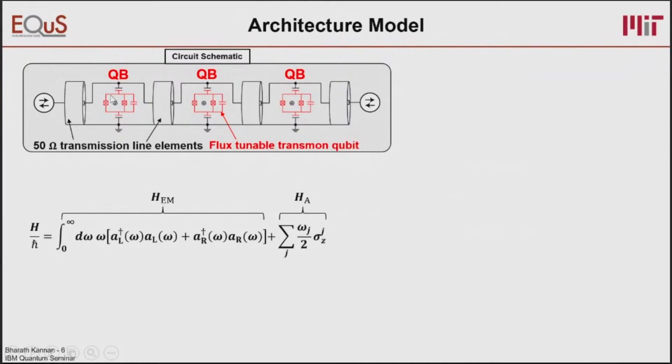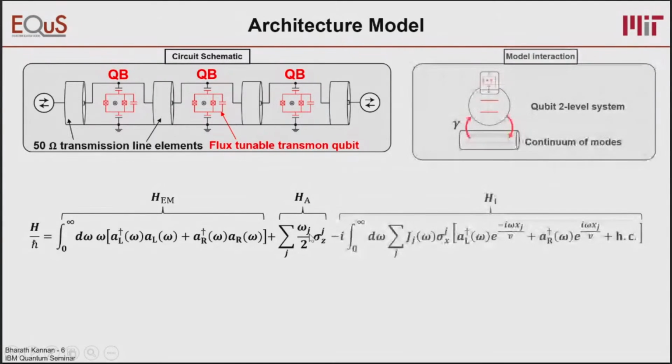And we note that, because this is a transmission line that's open on both ends, we have both left and right propagating photons, and it's a continuum of modes, which is why we have this integral, and then we just have a standard sigma z Hamiltonian for the qubits. Now, the interaction between the qubits and the transmission line is implemented via this capacitive coupling,